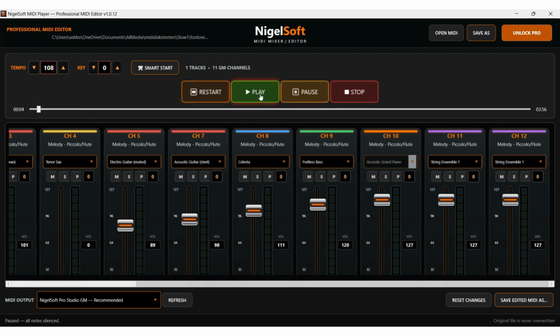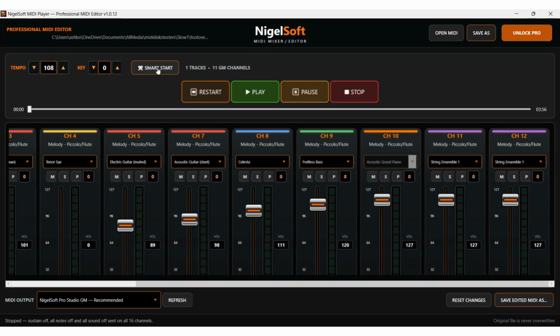But the one thing I wanted to show you here was Smart Start. This is one of the little features I was teaching you about. Do you hear that little t, t, t? This little count in. Now, if you're on a stage, you don't want people to know really that you're using a backing track or a tape, as they called it in the old days. So this is an intelligent